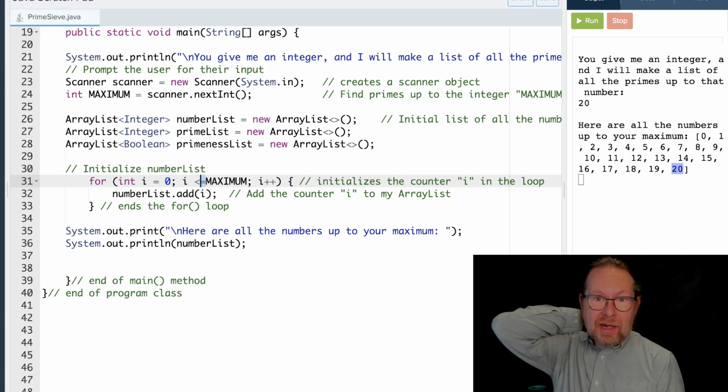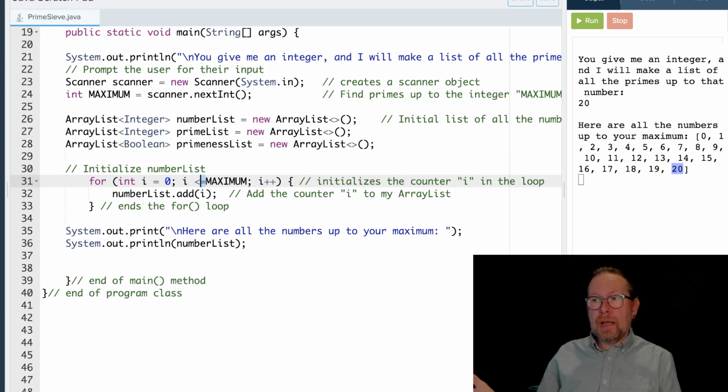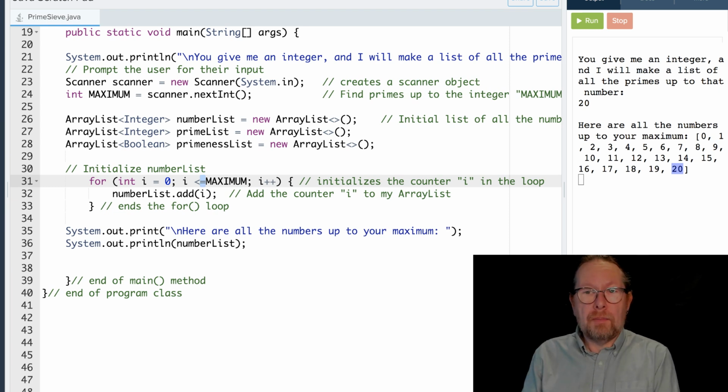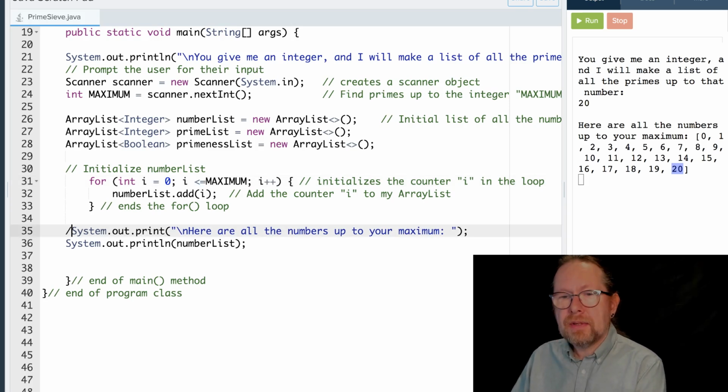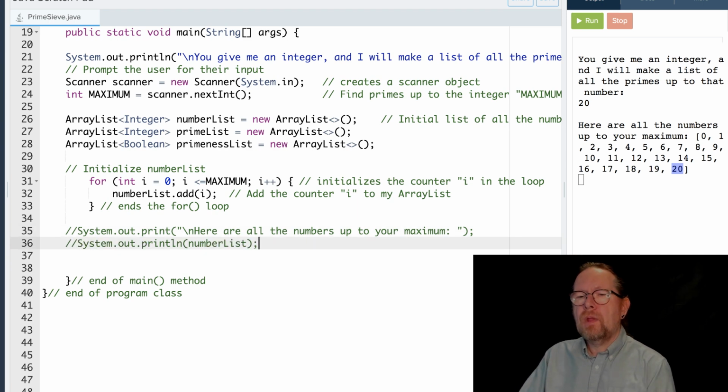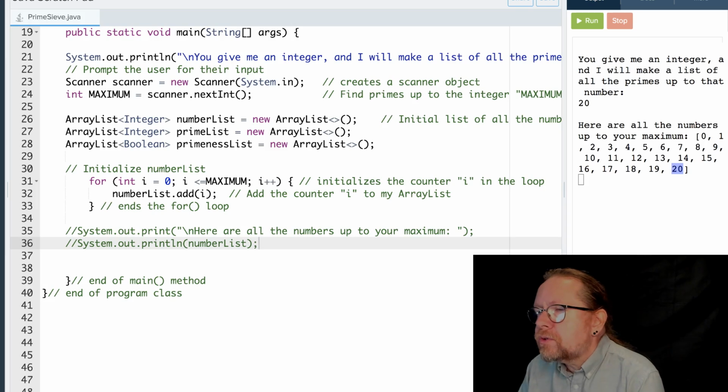So this works. It just takes a number and puts all the numbers up to that number in a list. Great. I'm just going to go ahead and comment these out for now. We don't really want that. What do we want to do? We want to